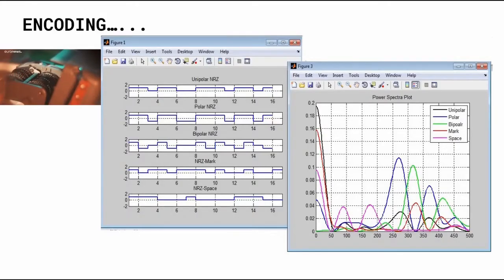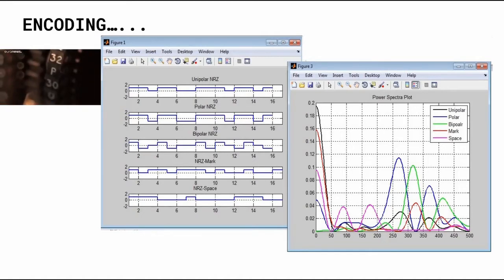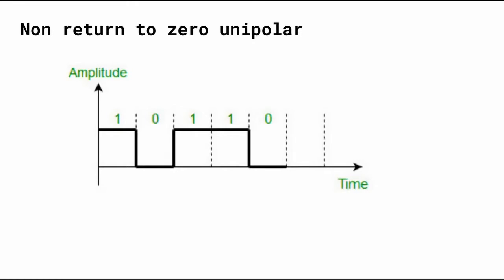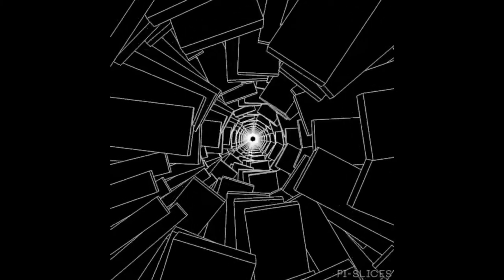Coming to the encoding, an encoder translates a quantized sample into a digital code word. As you know, binary consists of 0 and 1. Each digital word consists of n bits. You know that digits are just abstraction. We need a way to describe message information in the form of an electrical waveform, that is, the binary digits into an electrical waveform. The two important representations of binary digits by electrical waveform are non-return to 0 unipolar and non-return to 0 polar.